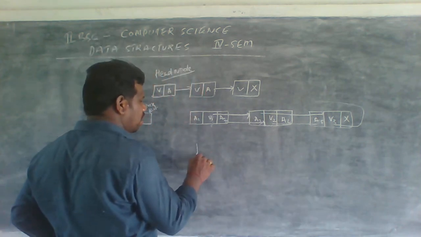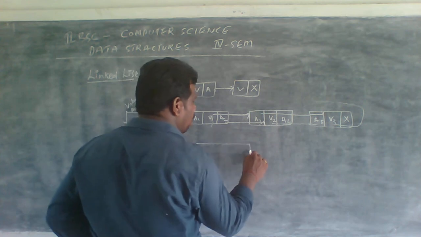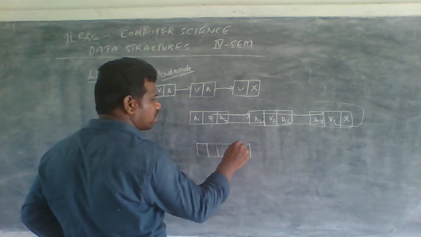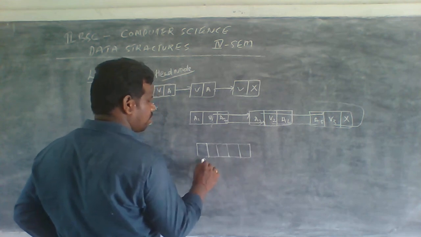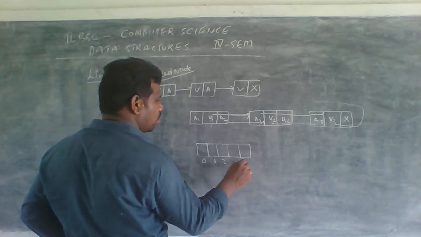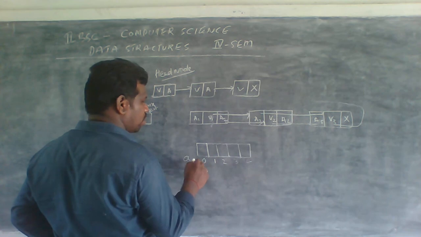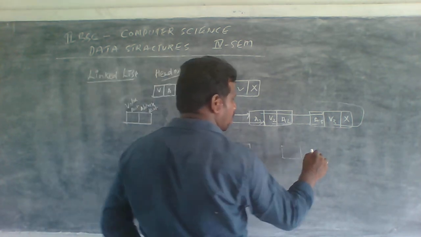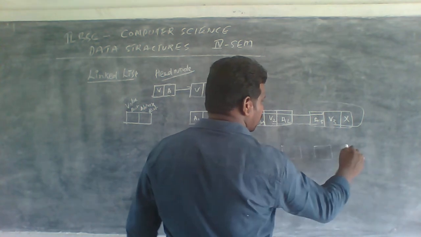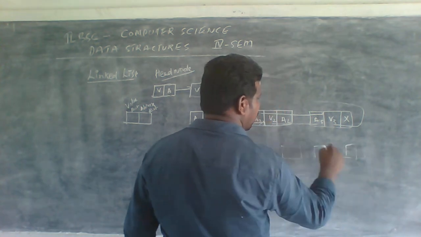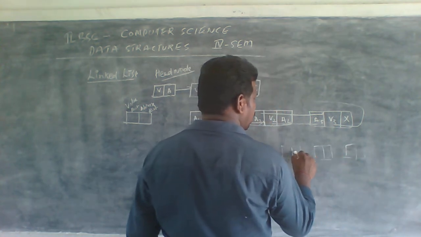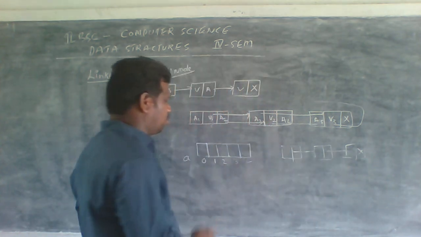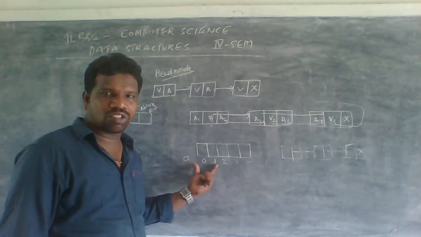So an array is like this. An array has consecutive memory locations available here. This is the first, second, third, fourth here. This is AR4. Okay. So the linked list can be made like this. We are using only a single linked list here. Okay. This is the communication between them here. Okay. So in these array topics,